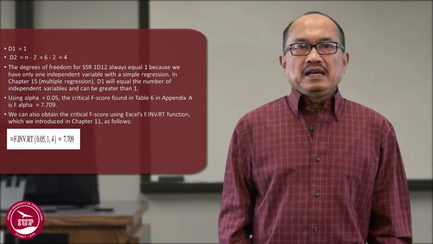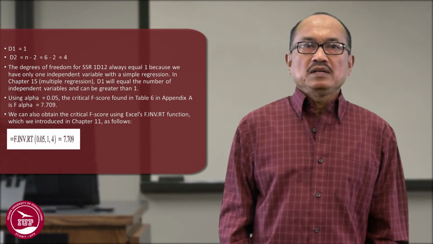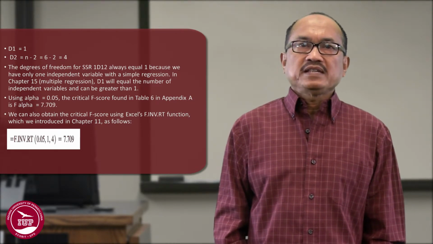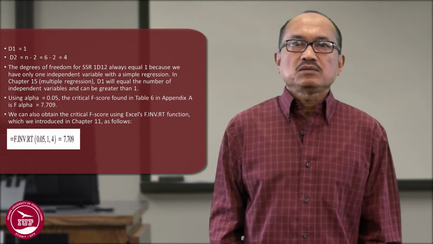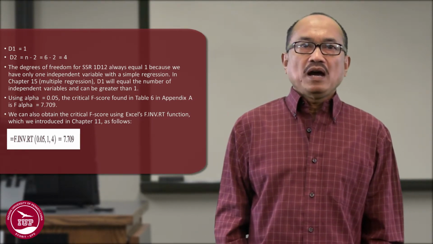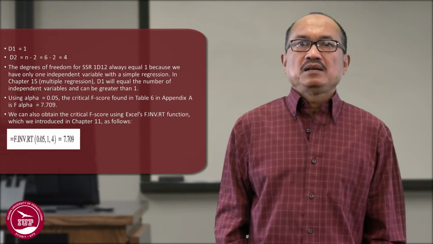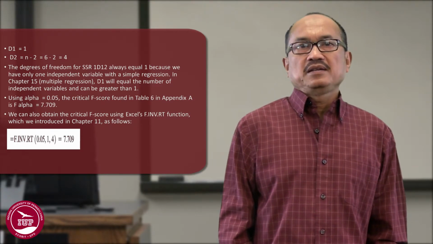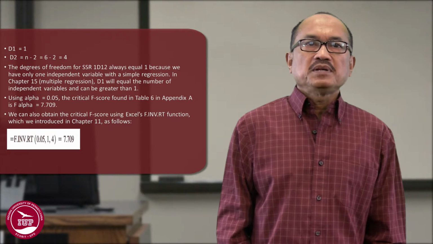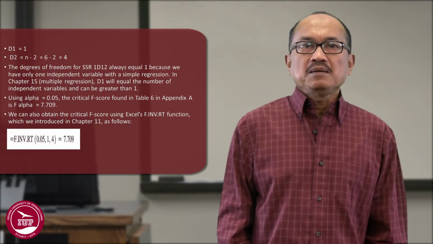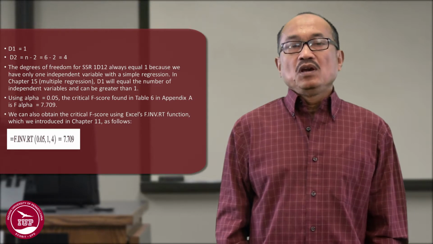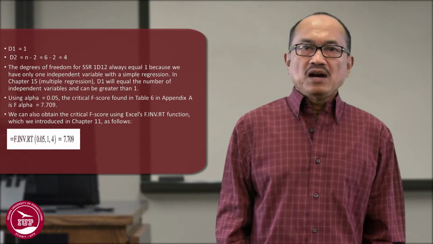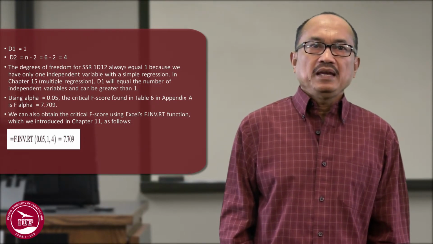D1 is equal to 1 and D2 is equal to n minus 2, equal to 6 minus 2, equal to 4. The degree of freedom of SSR, or D1, always equals 1 because we have only one independent variable with simple regression. In chapter 15, on multiple regression, D1 will equal the number of independent variables and can be greater than 1. Using alpha equal to 0.05, the critical F-score found in table 6 in Appendix A is